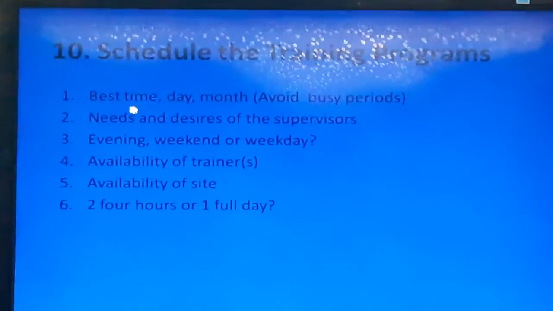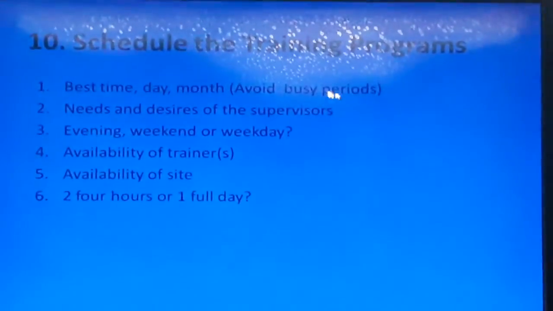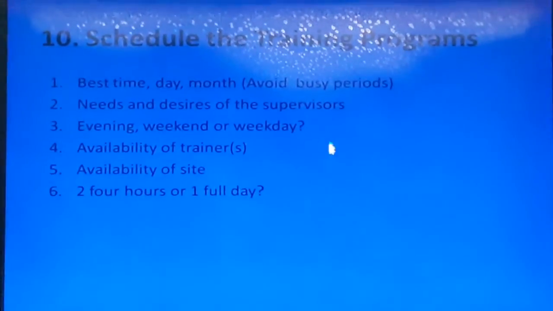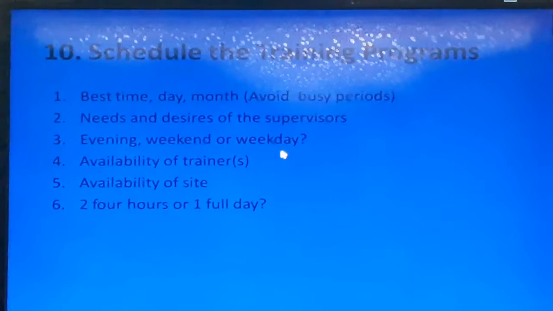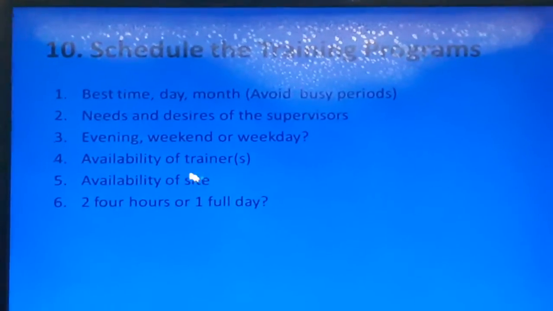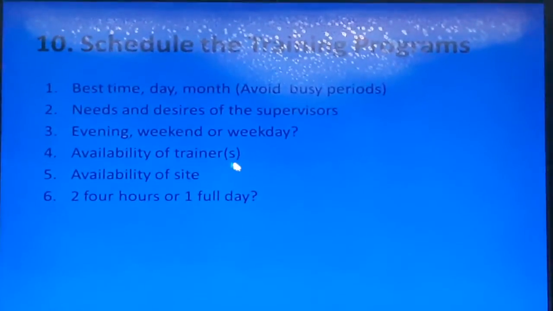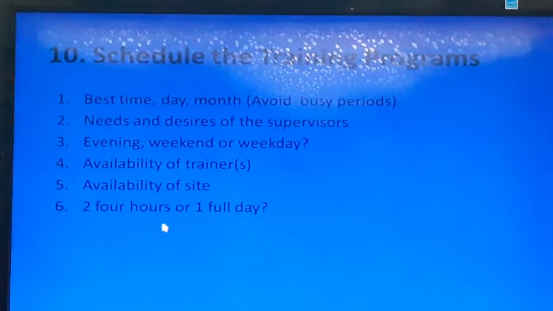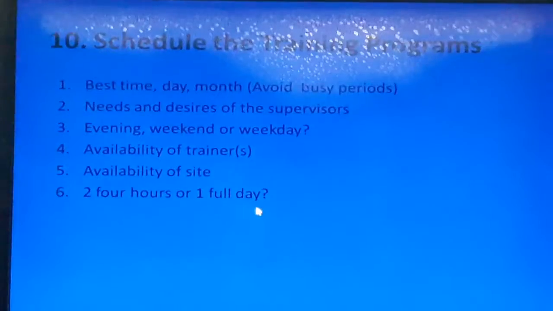For scheduling the training program, the HR manager can consider best time, day, month, avoid busy periods, needs and desires of the supervisors, evening, weekend or weekday, availability of trainer or trainers, availability of site, and four hours a day or a full day.